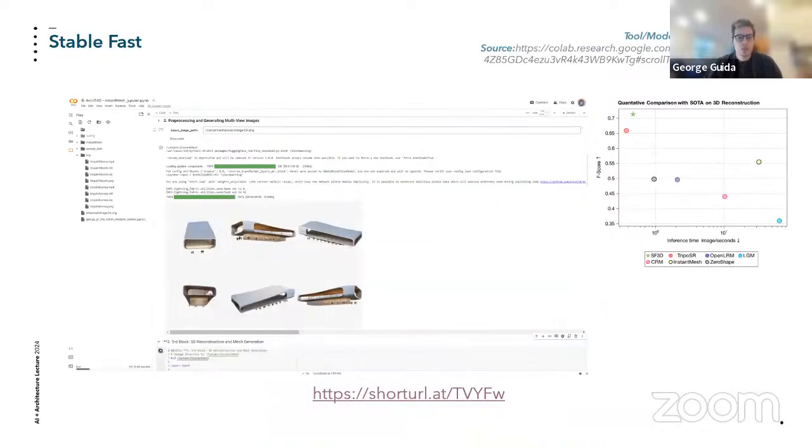So this brings us to the one that I wanted to preview to you guys. This is one made available by Stability AI. Obviously, they've made available lots of their models. And what's interesting about this is there was an emphasis on the generation time. So it only takes about, they claim at least, 0.5 seconds to generate a final output.